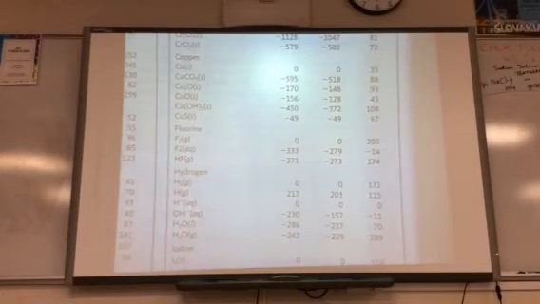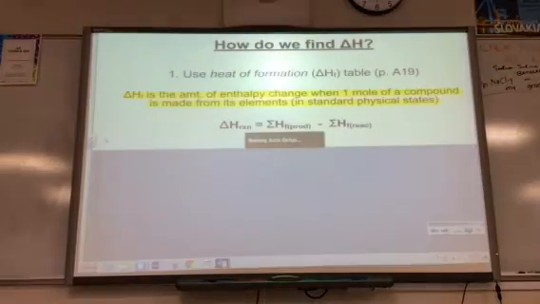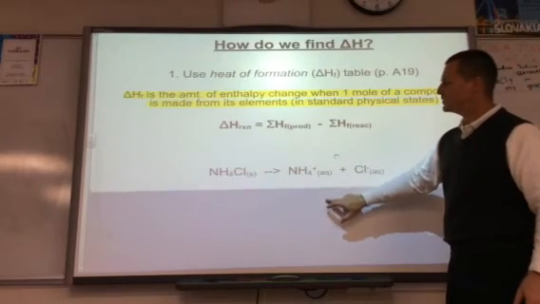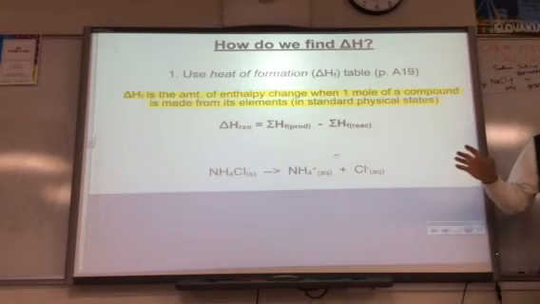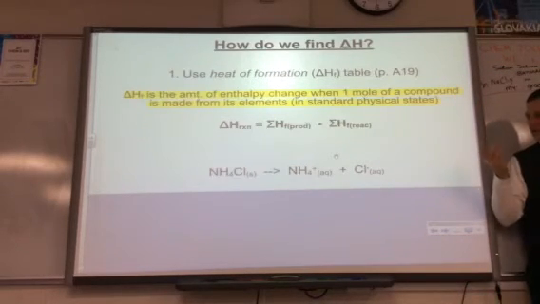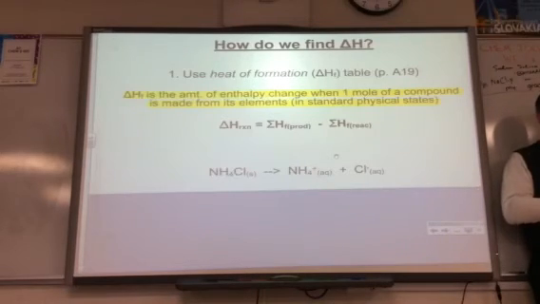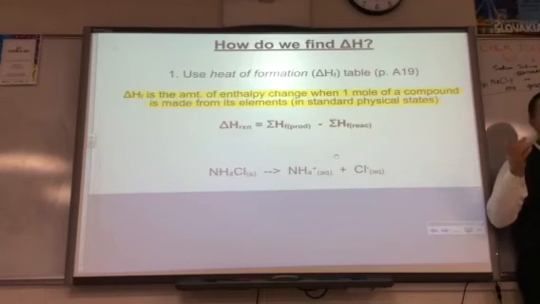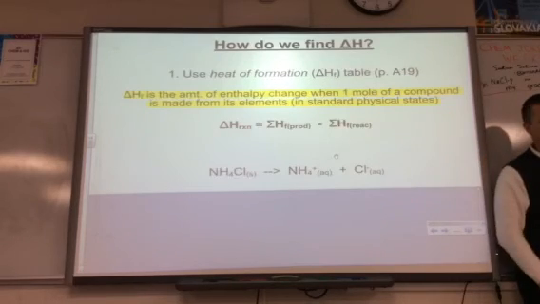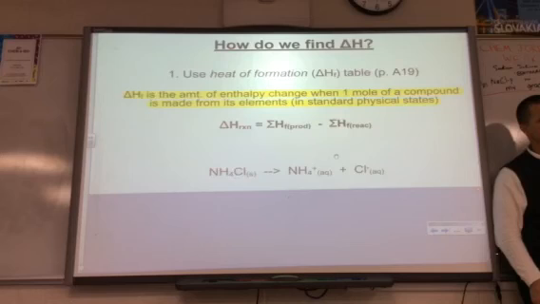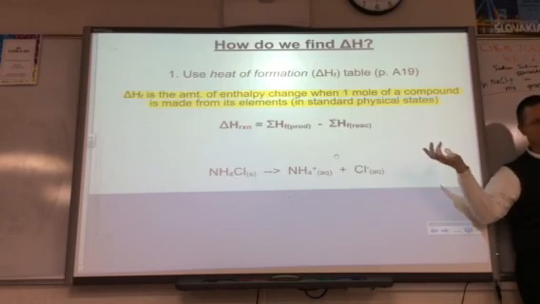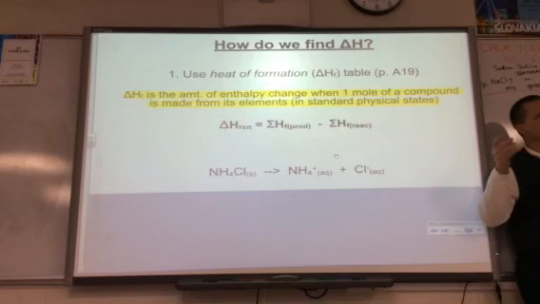Okay, so what I'm going to do is ask you to try a couple of delta H problems involving heats of formation, and that's why I've got several books around the room. Let's try this one. Would you find the delta H for this? It's not actually even a chemical reaction. This is just a physical change. It's ammonium chloride solid dissolving into ammonium ions and chloride. But you can still find the delta H for this even though it's not a chemical reaction, just from looking up the heats of formation of each of these. So to find delta H, you're going to look up the values of these, take the total of the products minus the total of the reactants,